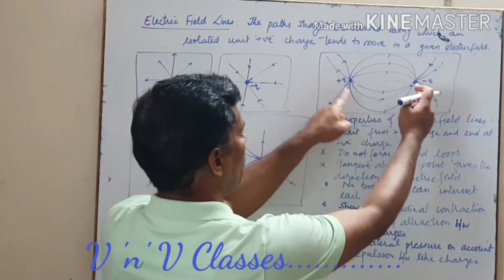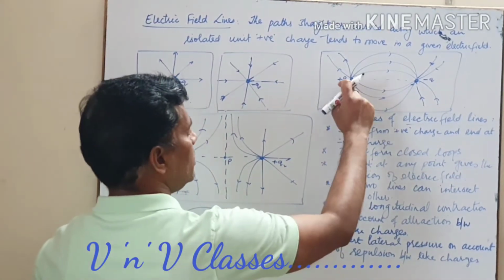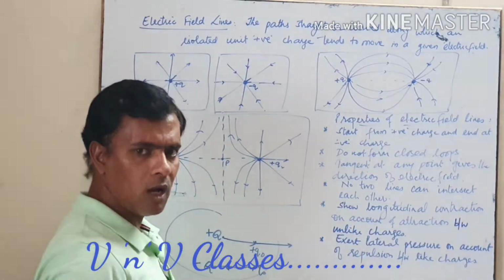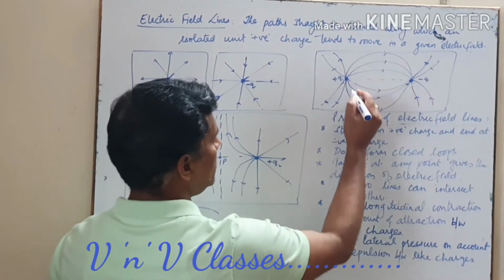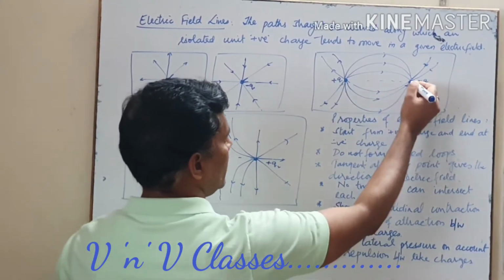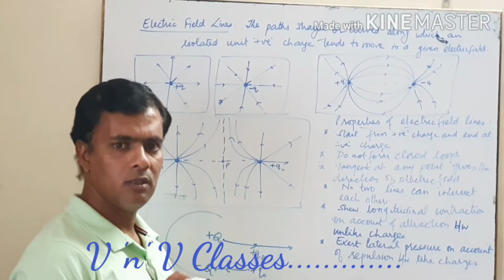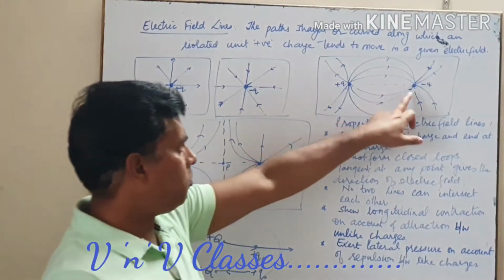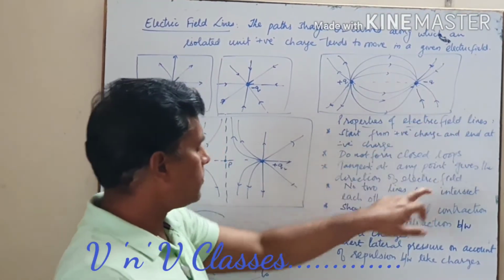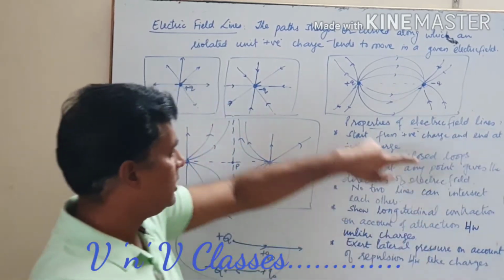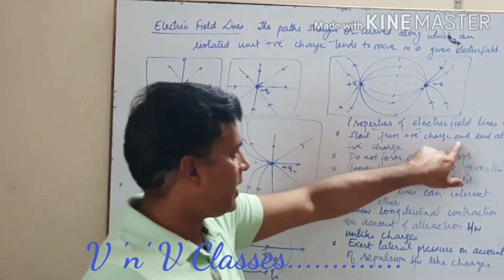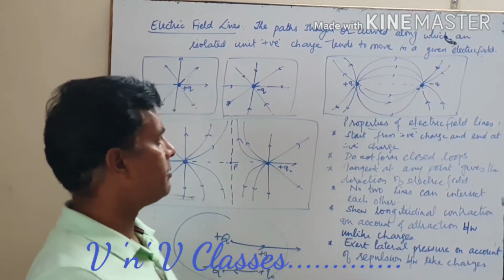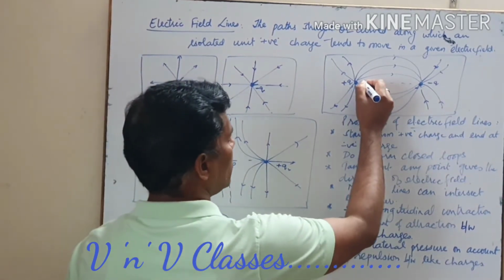So the region which has both the charges together will have the lines moving out of the plus charge but moving into the negative charge. All the field lines you can see are moving away from the positive charge and entering into the negative charge. So the lines of force always originate from a positive charge and move towards a negative charge. This forms the first property of electric field lines, that they start from a positive charge and end at the negative charge.